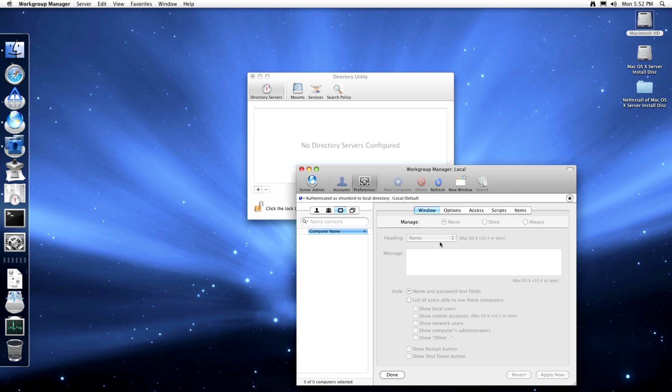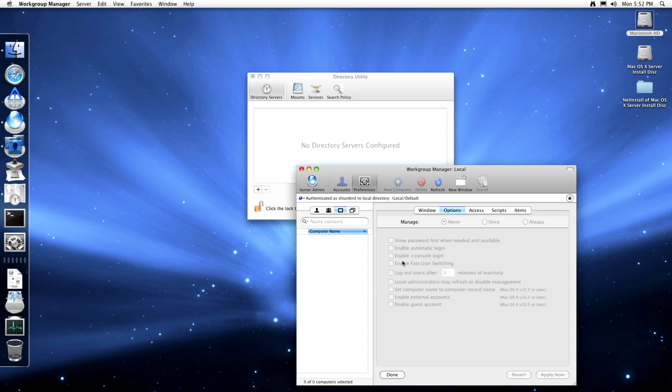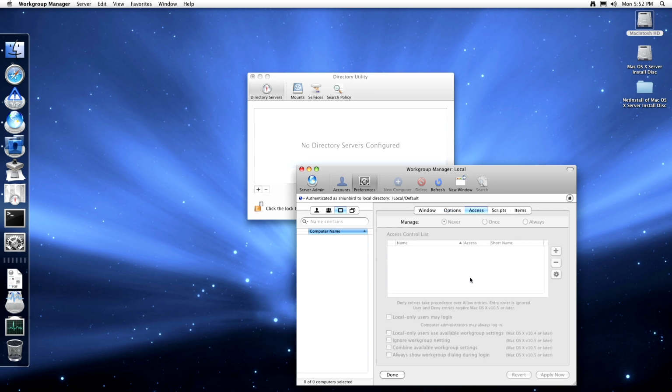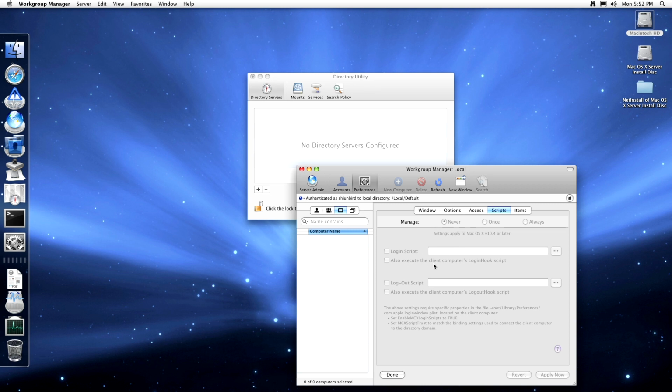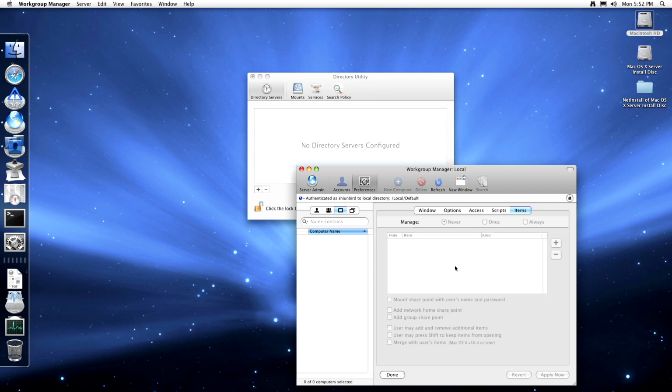So for computers, here you can force people to enter the username in a text way, enable or disable fast user switching, enable external guest accounts. You can create ACLs, so only certain users can log into certain computers. You can force scripts to run once someone logs in,